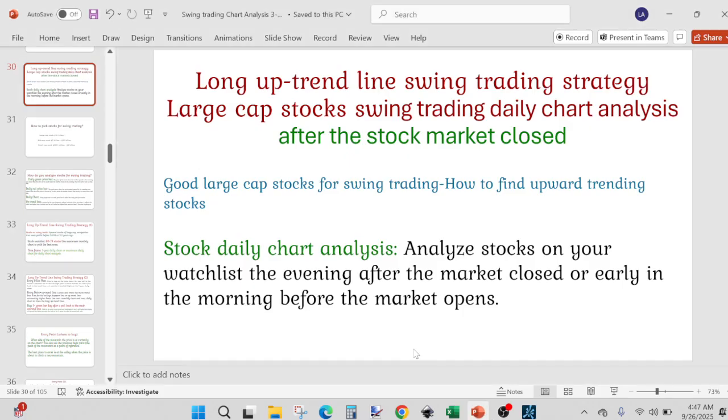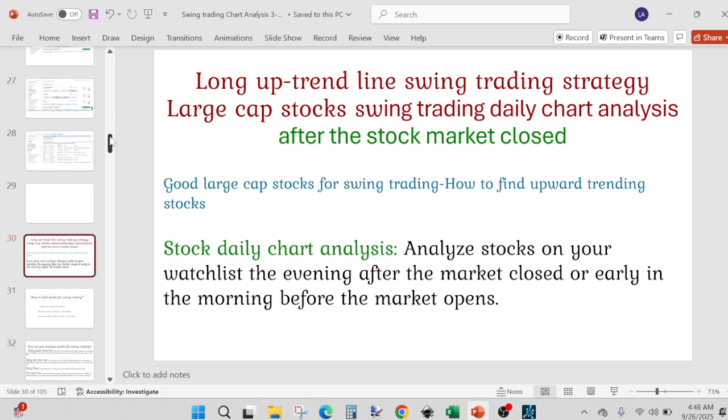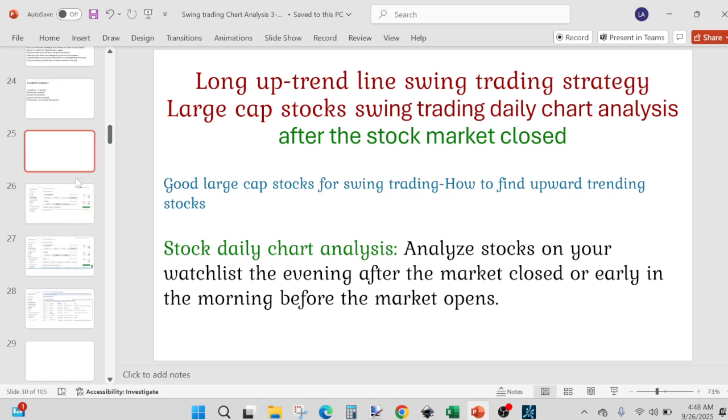Hello, good large cap stocks for swing trading. How to find upward trending stocks. If you have Charles Schwab, I'm going to use Charles Schwab to illustrate that. If you have Charles Schwab, you'll go to your Charles Schwab account and